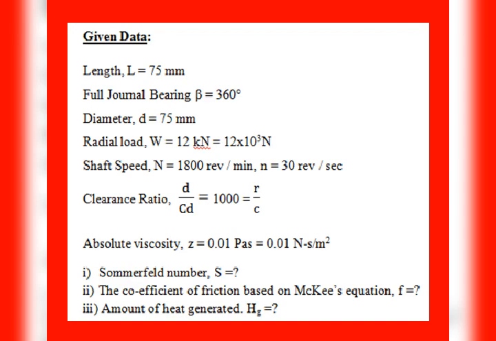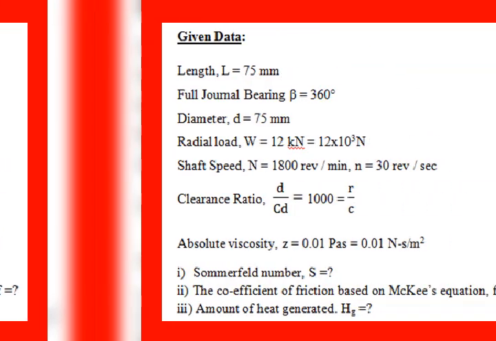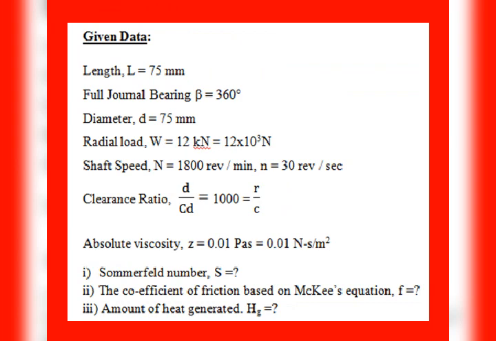And here speed what he has given 1800 revolutions per minute, that we need to convert in terms of revolutions per second also. So 1800 divided by 60, that is equal to 30 revolutions per second, 30 rps. The viscosity, that is the absolute viscosity he has given. From the unit one comes to know this is absolute or dynamic viscosity, 0.01 pascal second. Pascal is nothing but Newton per meter square, so 0.01 pascal second is nothing but 0.01 Newton second per meter square at the operating temperature. Now we'll not bother about the temperature. We'll look at the temperature when this is required for the solution.